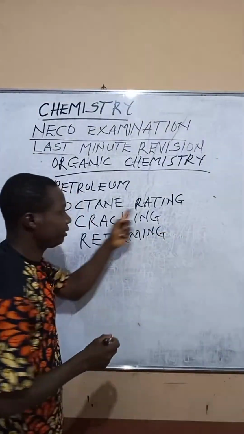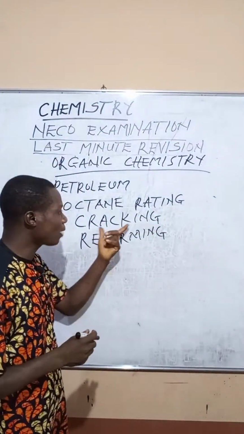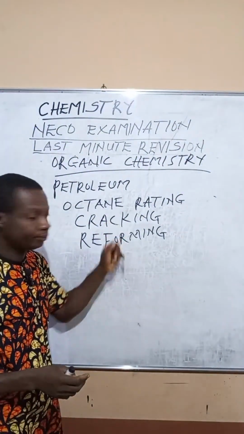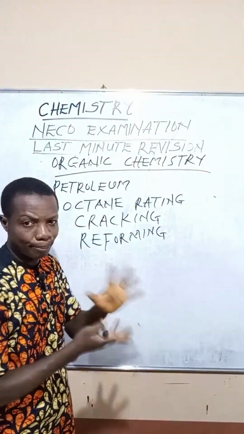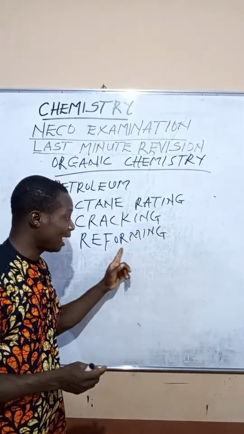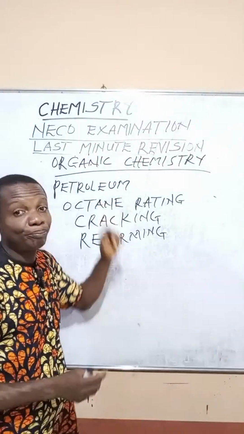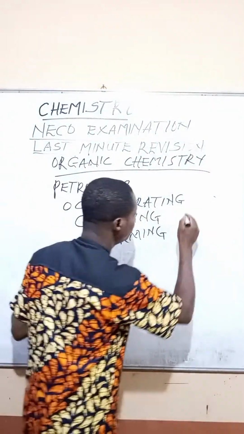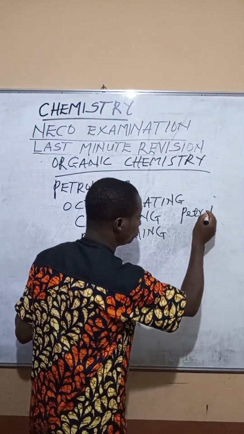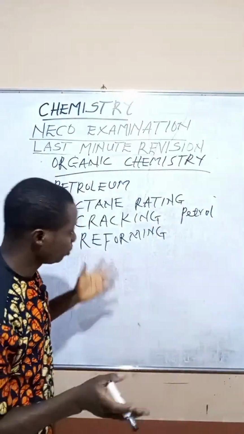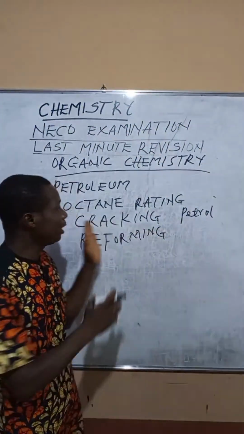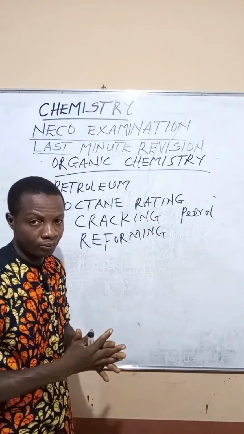Don't worry, I'll come back to octane rating. But let's look at cracking. To crack means to break into smaller units. That's what you are doing. Then to reform means to change the form. These are the two. Both of them are used to increase the quantity of petrol. Please, petrol, not petroleum, but petrol. As a student of chemistry, you should have known that during the process of refining of petroleum,